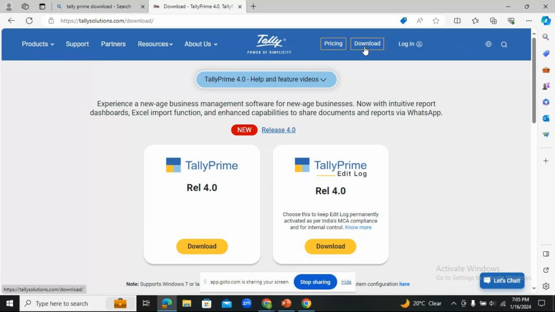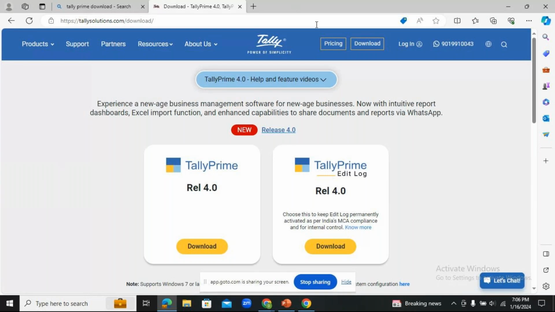Otherwise, if you are willing to purchase the TallyPrime software, we have to go for the pricing. So before we download the free or trial version, let me talk about the pricing, the versions and packages we have.